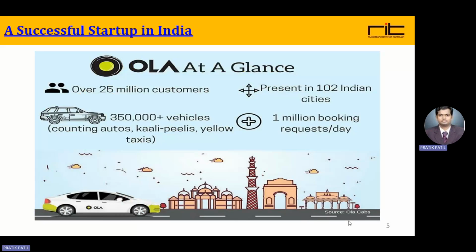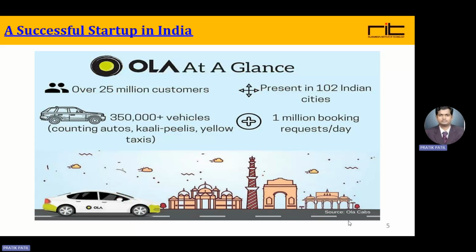Now, this is a very good example of a startup in India, which is a successful startup. I give this example every time. This is known as Ola. The majority of you might have traveled or experienced an Ola ride. These startup founders are alumni of IIT, and they felt that they should do something for the society. We should identify some problem, and then convert it into a business.